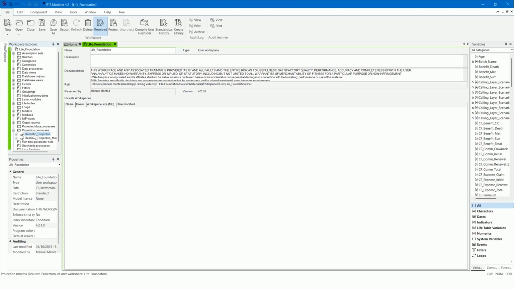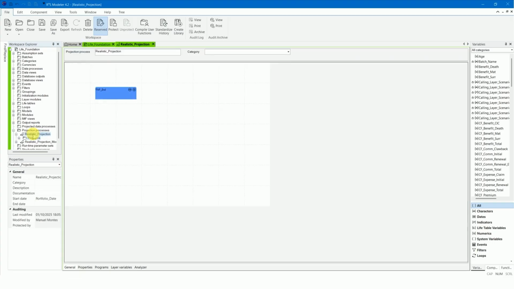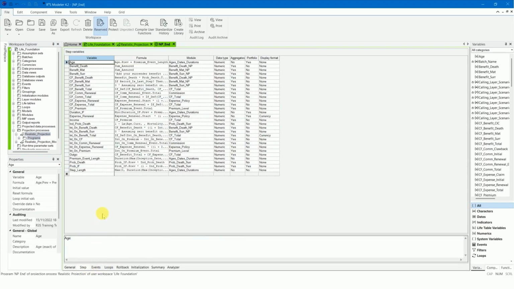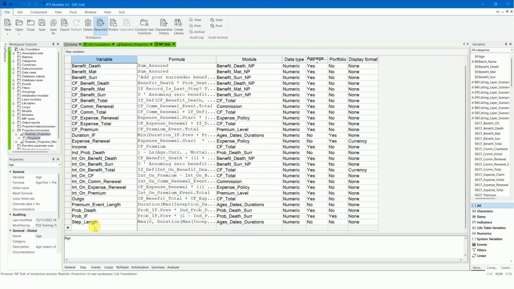Open the projection process, realistic projection, and open the NP-End program. Add the variable reserve PP in the step variables grid. Make sure the variable is defined with portfolio property yes and aggregates property yes.